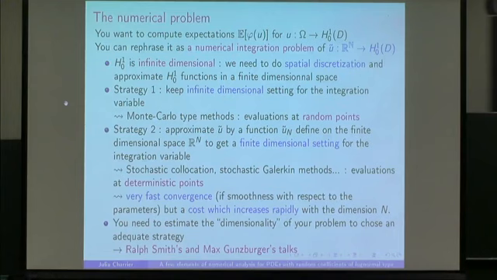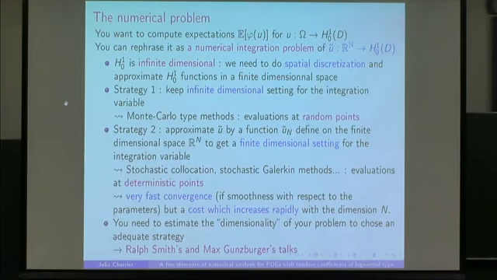If you use sparse grids or smarter methods, it's better than vanilla tensored collocation, but it's what Max Gunzburger called the curse of dimensionality. You always have this problem, and it was also in Ralph Smith's talk on Monday: you really have to choose a strategy,